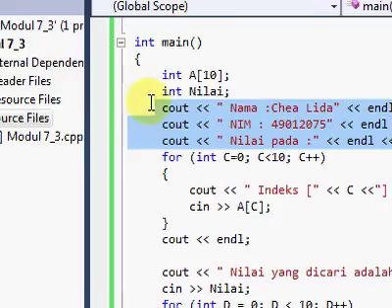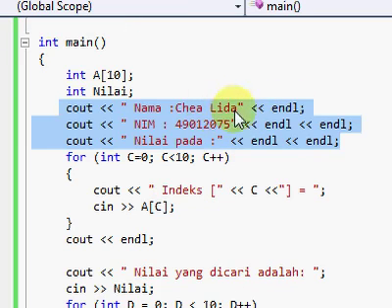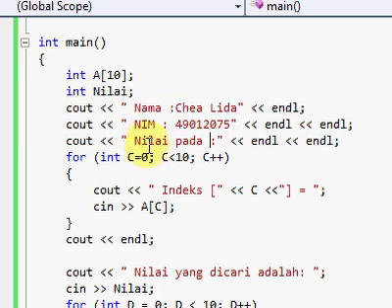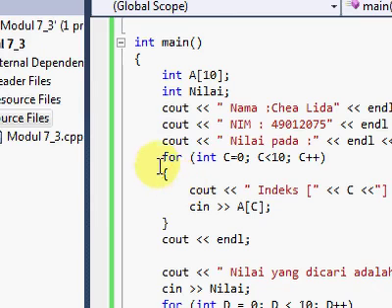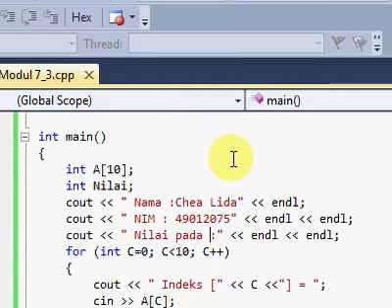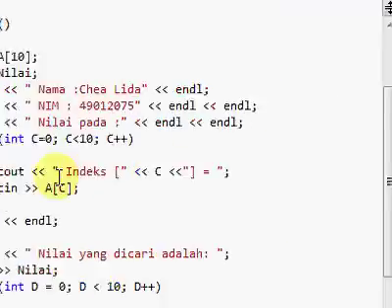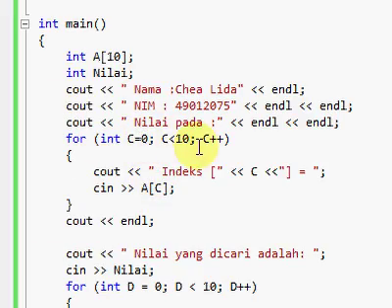This statement: nama, tilde, and ID, and nilai pada to the screen, and do a loop from 0 to 9. It means 10 elements, increasing one by one,